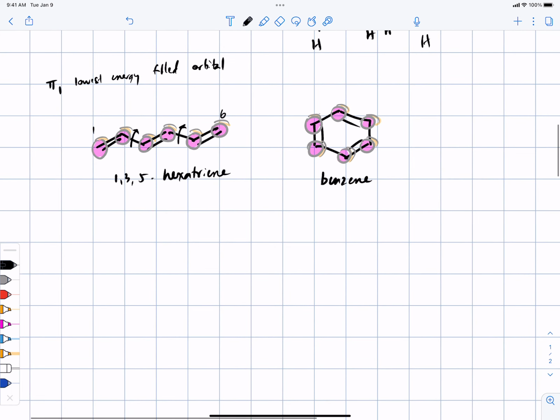What else do you notice? Yeah, there are 3 single bonds in the benzene ring versus 2. Okay. Right, so